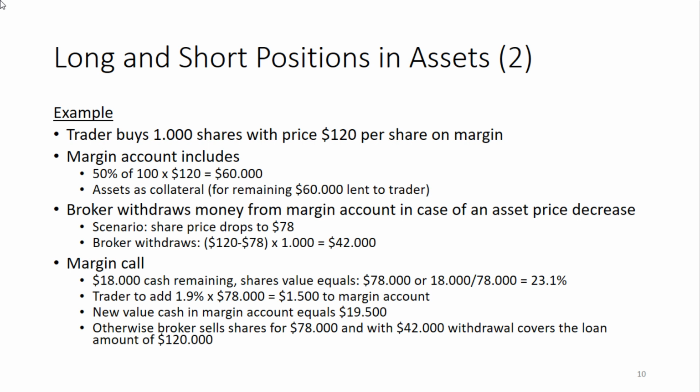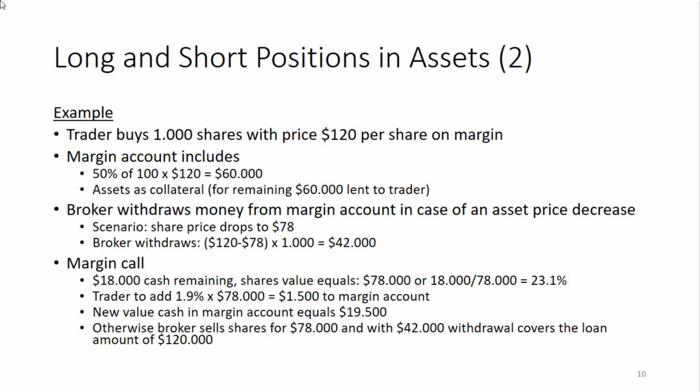So it's owned by you, the investor, but you need to keep it with me in an account, where I will ring fence it. Nobody can touch it. I will not use it for any other things. So any dividend or price increases or price decreases are for your benefit. Whatever happens, I take it as a security, as a guarantee in case you will not honor future payments, because there is still $60,000 that needs to be paid at some moment in the future by the trader to the broker, because that is the full price. That's still then the full price for the asset to be paid.